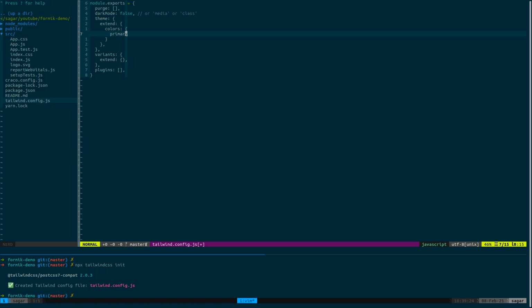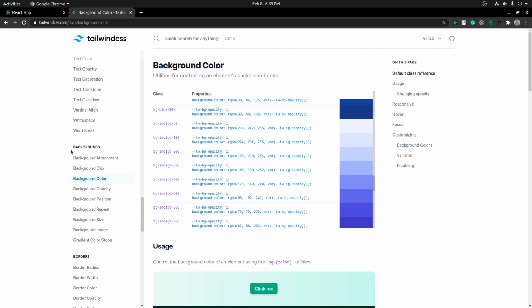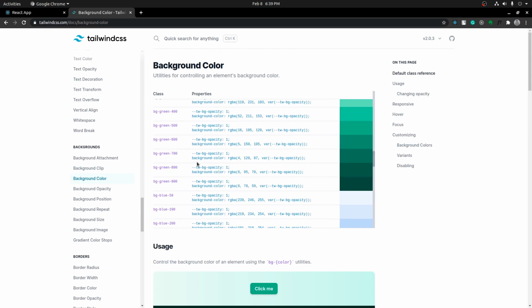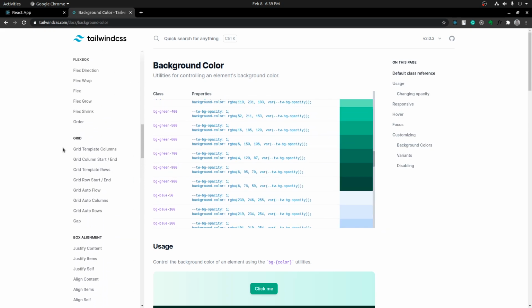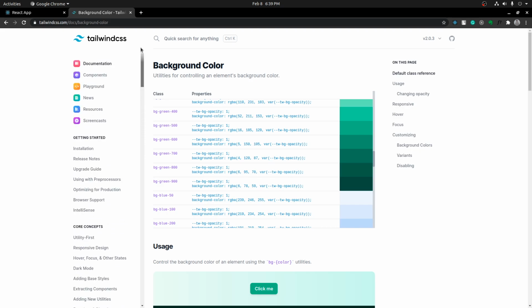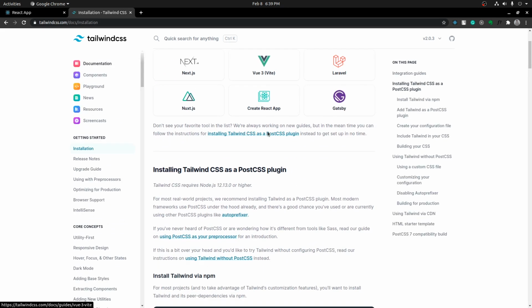I'm going to call this primary and give this a value. Going back to the installation guide,